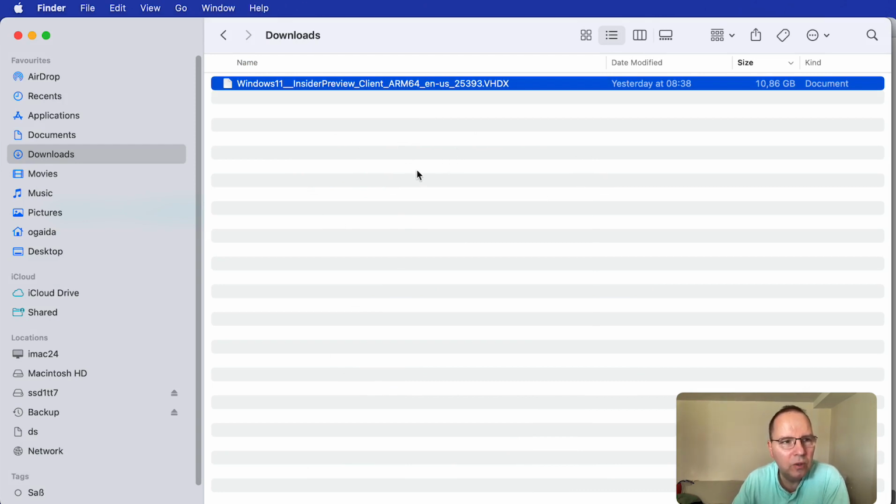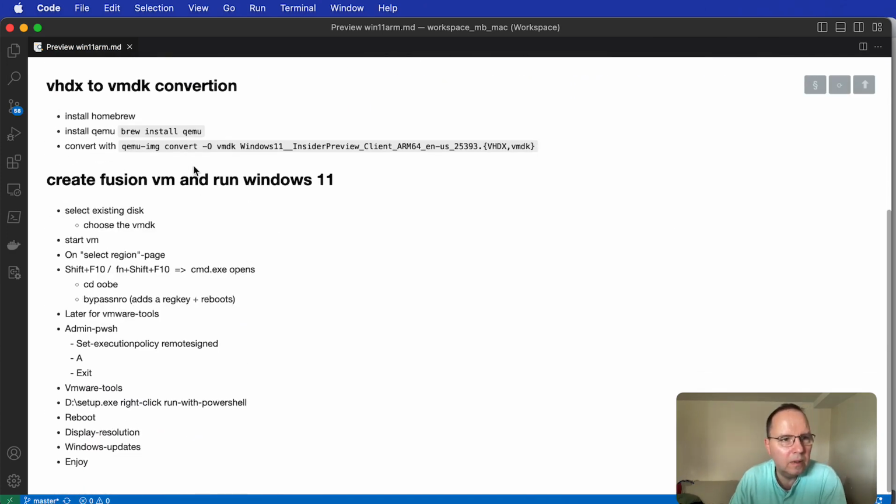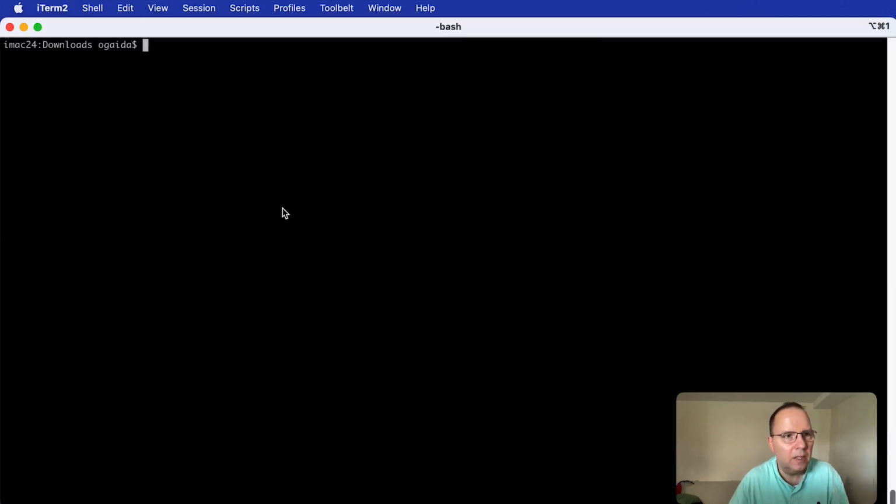And this file you cannot use in virtual machines in VMware Fusion directly, so we have to convert it. And I found a program called QEMU, which is exactly for that. It just converts disks in different formats. So let's take this command I find. Just a hint, you can install QEMU on a Mac with Homebrew. Okay, on my Mac it needed 20 minutes or so, because they have to install many packages.